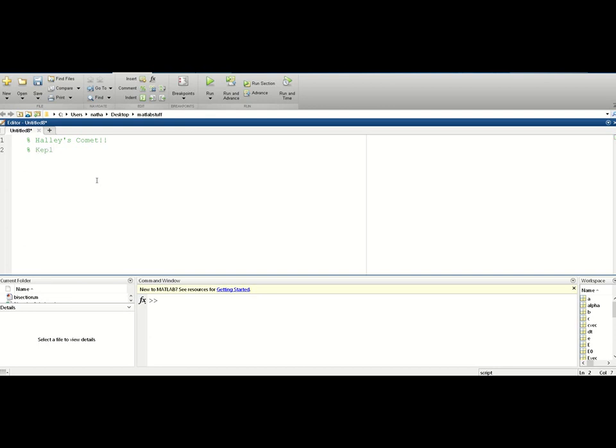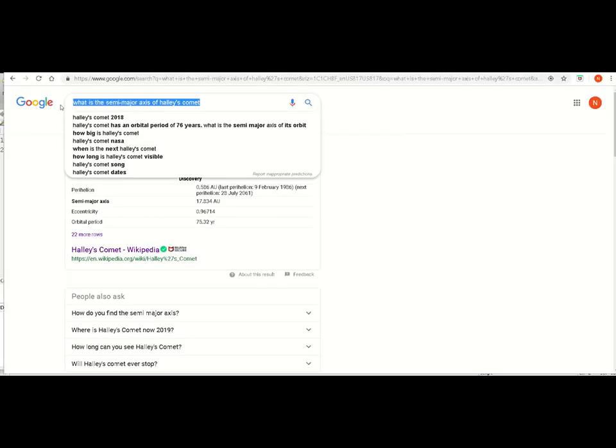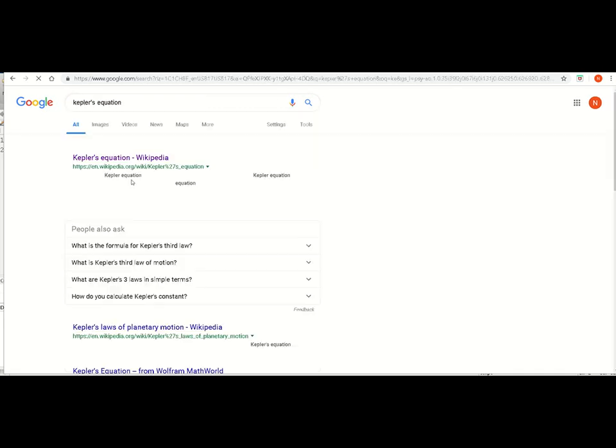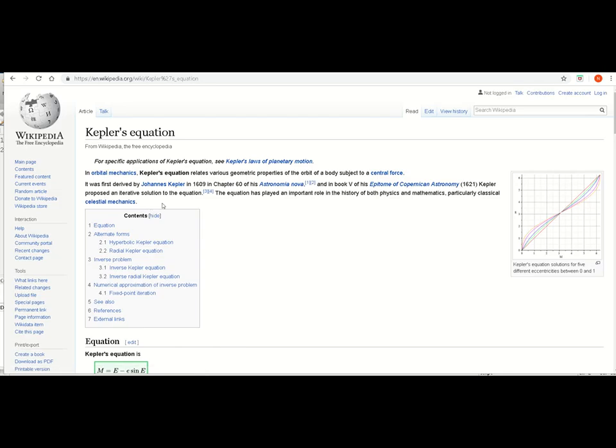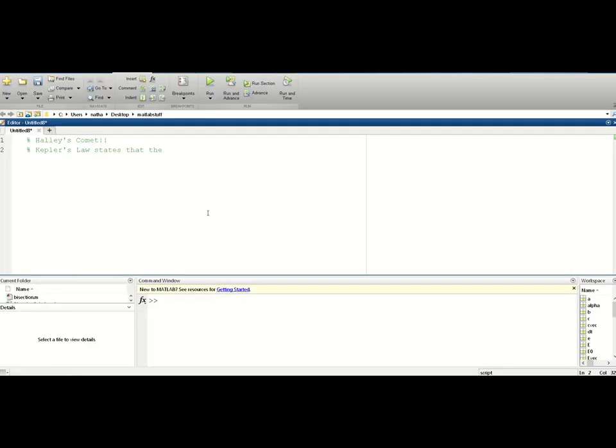So Kepler's Law, I don't know where to put notes, so we're just going to type it in here. Kepler's Law states that... here, let's go get this. Kepler's equation. Oh, we want Kepler's equation, not Kepler's law. Here, so it's mean anomaly and eccentric anomaly, and those are the perturbations. So that's like the wobbliness of it. So Kepler's equation